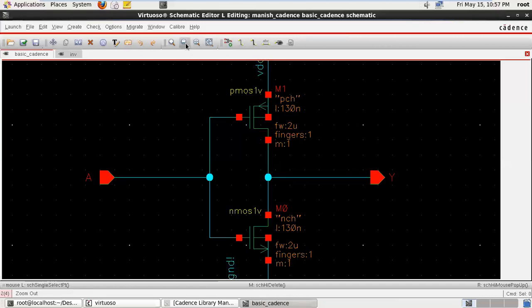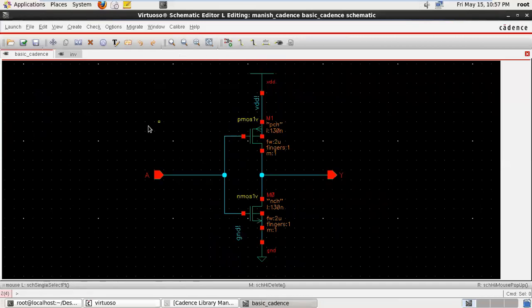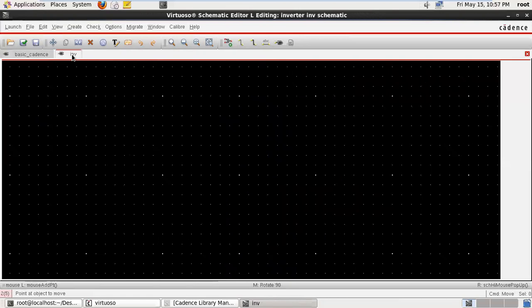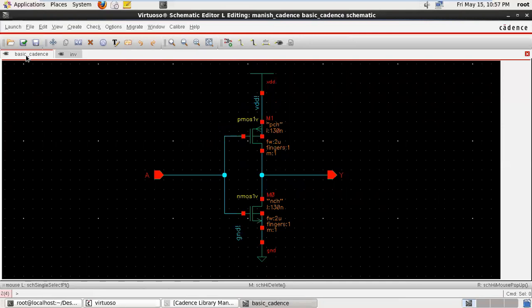See here, your schematic is shifted from the inverter cell view to the basic_Cadence view. So through the Move command, we can move a component within the schematic window, or shift our schematic from one schematic window to another.